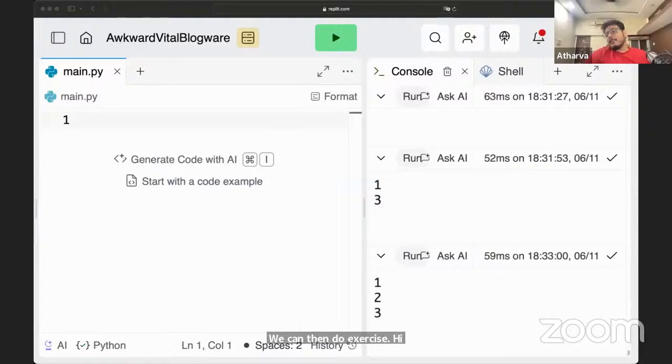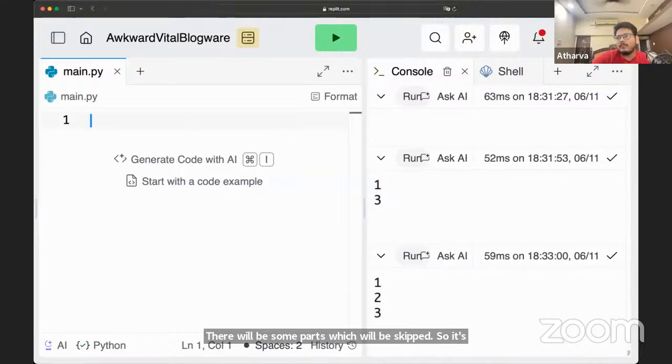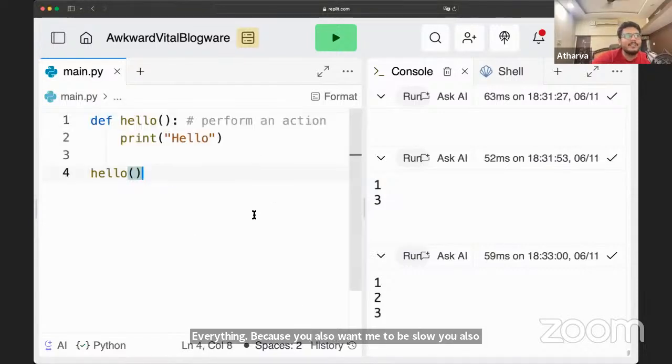I can't stop, guys, because I need to complete the course. If we stop, then maybe some parts of the data science section will be skipped. It's a trade-off. If you want me to stop, I'll stop, but then you won't learn everything. You also want me to be slow, and you also want me to stop.